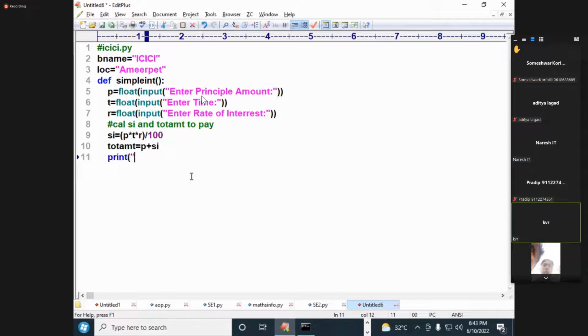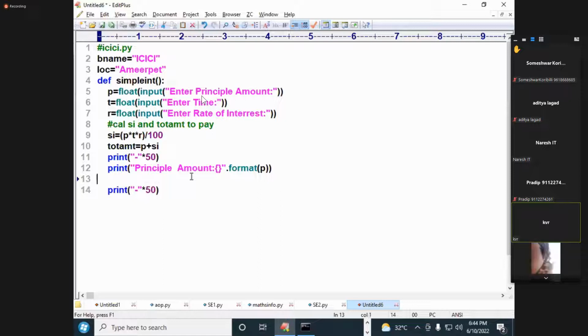Now I'm going to give some type of example here. Now I'm going to say principal amount colon, principal amount. Now I'm saying dot format of what? P,